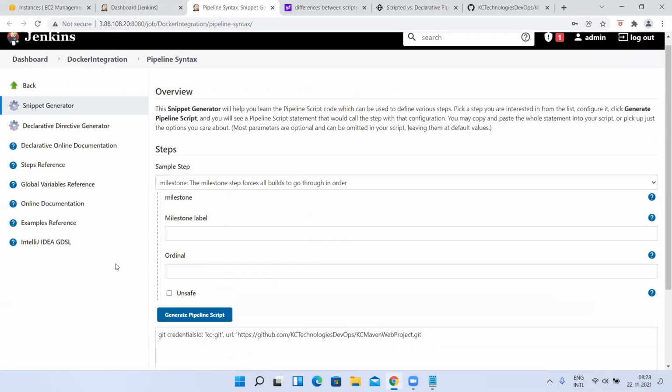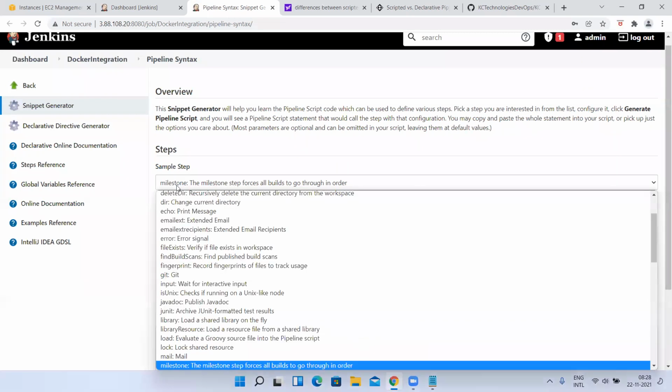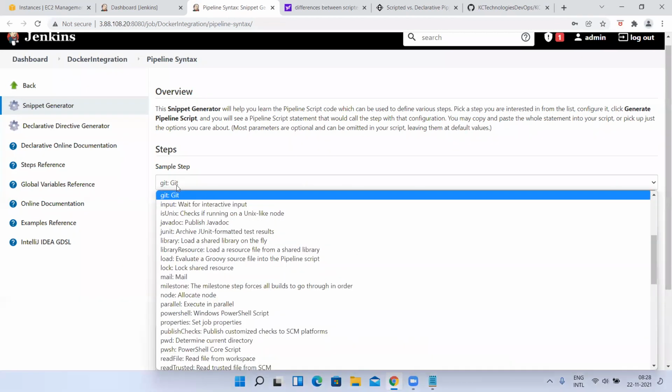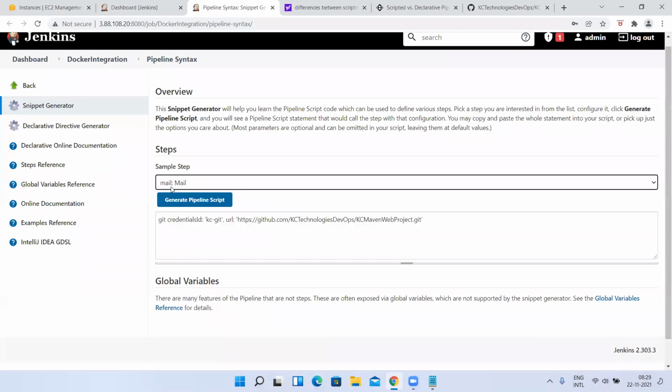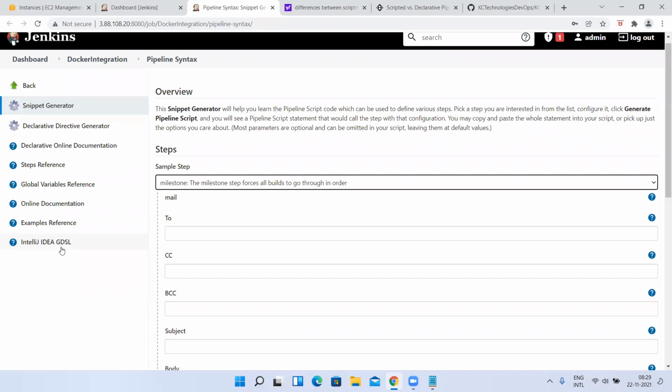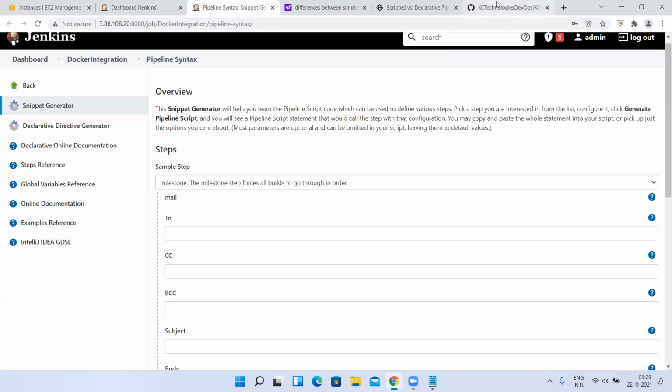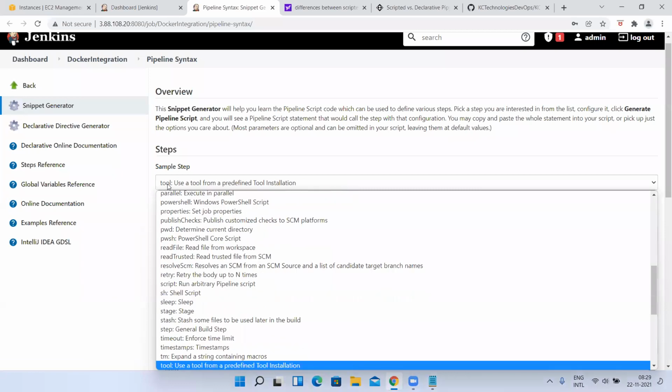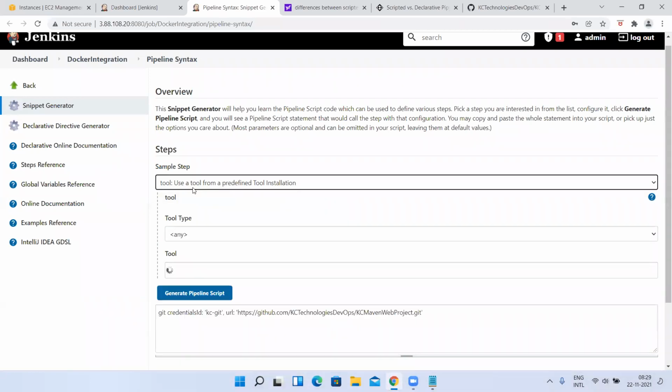See, when you are using Maven, there is no direct step for Maven, like how we have a step for Git like this. But for Maven, there is no direct step. Then what should we do? You need to use one option called tool. What this step will do is, whatever tools in the global tool configuration we have set